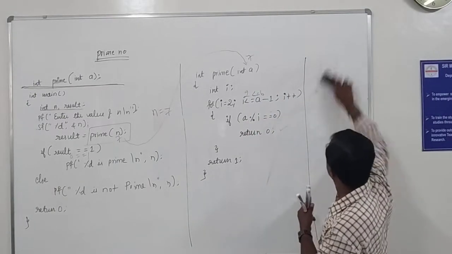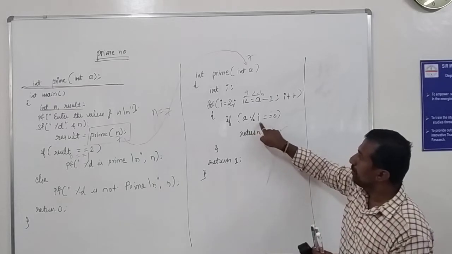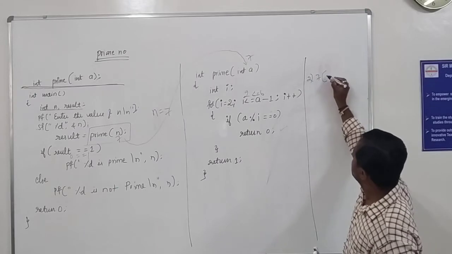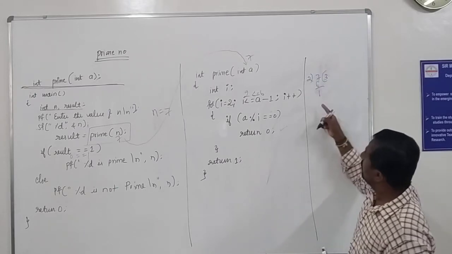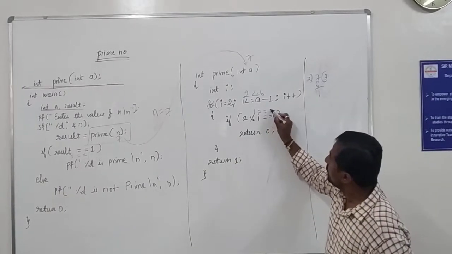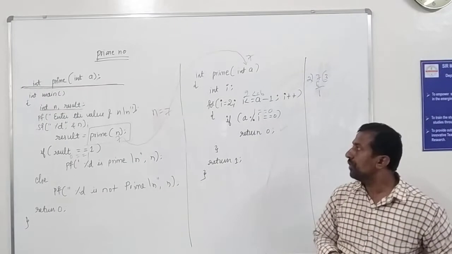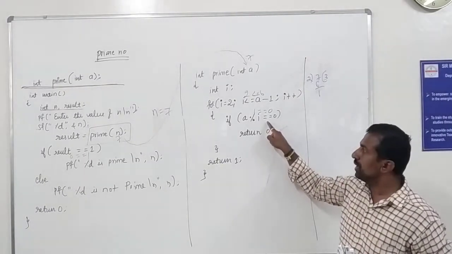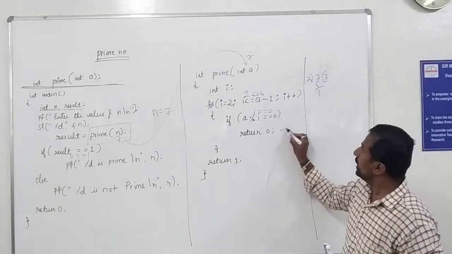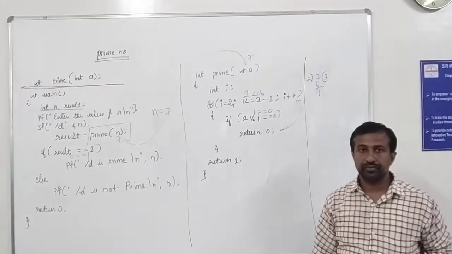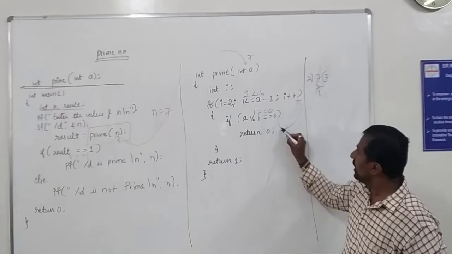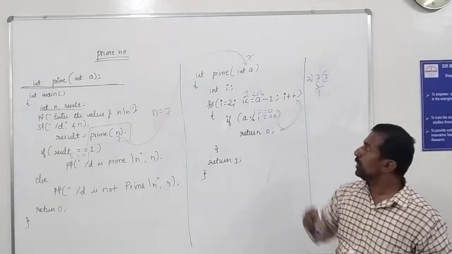Substitute 7 divided by 2, or modulus by 2. 7 modulus 2 means 2 3s are 6. What is the remainder? We have got 1. Substitute here: whether 1 is equivalent to 0. True or false? False. Once this condition becomes false, what happens? The return statement will not execute. Directly control goes to I++. Because if the condition is false, there is no else here. That's why the loop is going to be repeated.